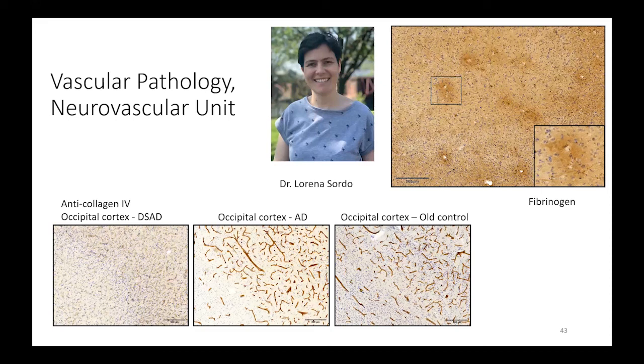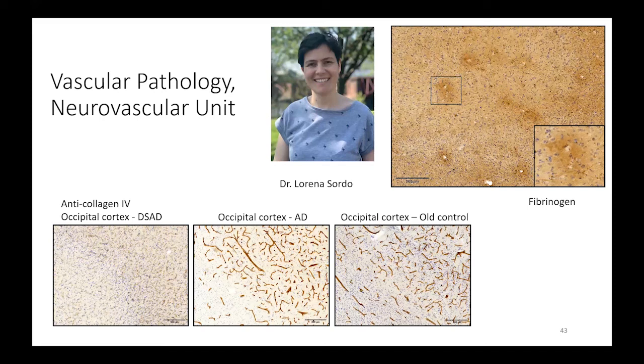But one of the areas we're looking at is extravasation of fibrinogen, because this has implications for neuron function in the proximity of fibrinogen getting into the brain. These are some pilot studies we just did for our grant. So these are single or two case studies, but I think they're really intriguing. What Lorena saw was that in areas where there were blood vessels, you can see them here, where the spaces are, in Down syndrome brain with Alzheimer's disease, there's clear fibrinogen leaking out into the brain. So those blood vessels are not doing well.